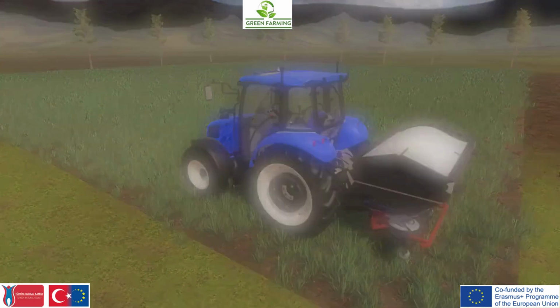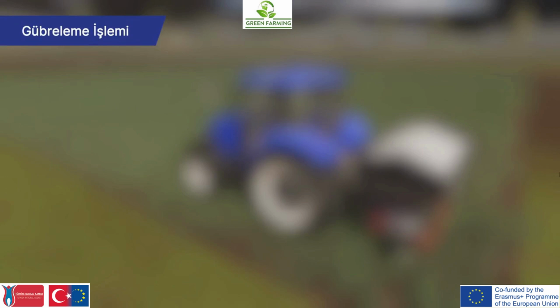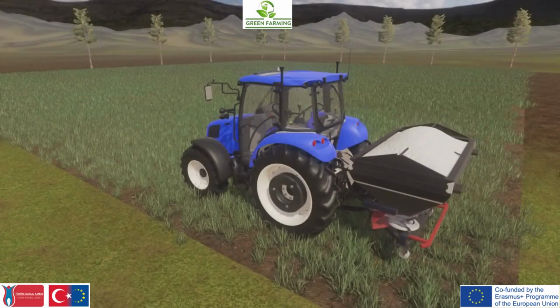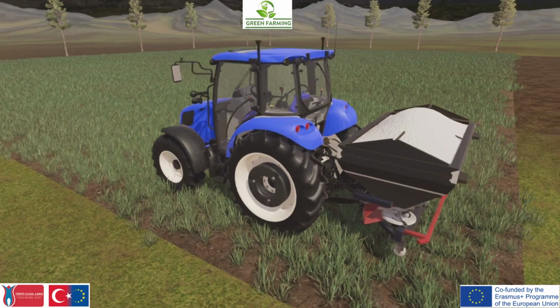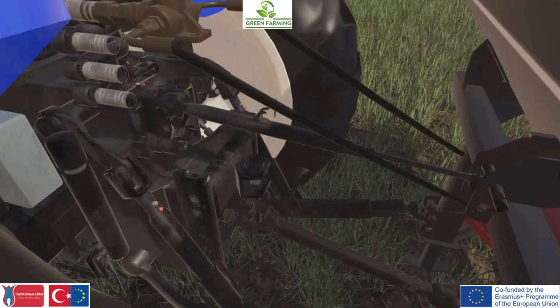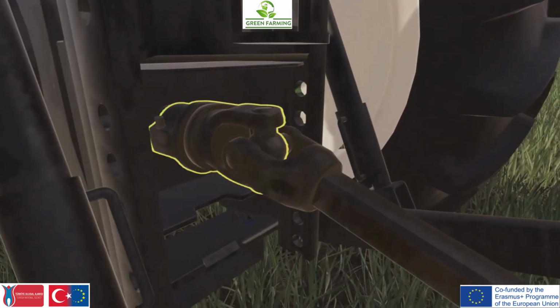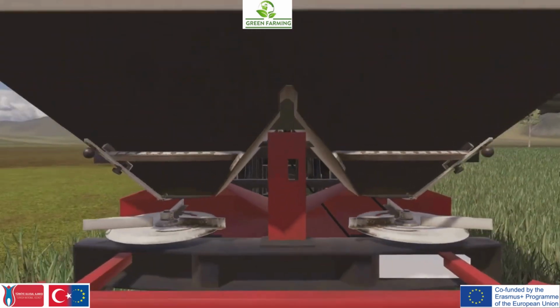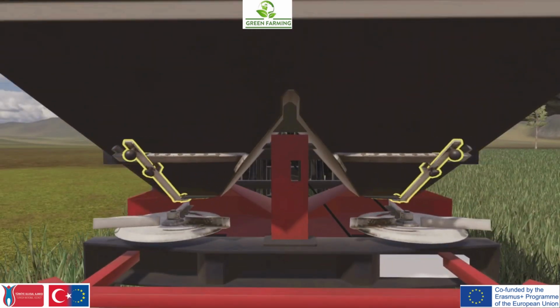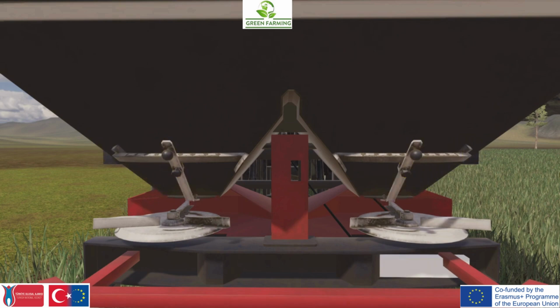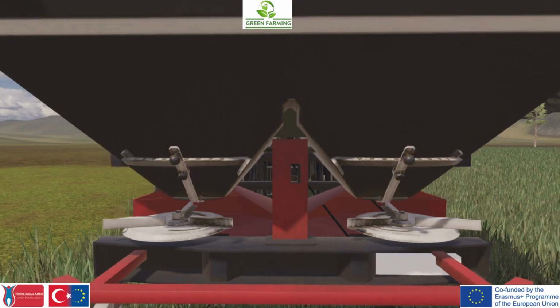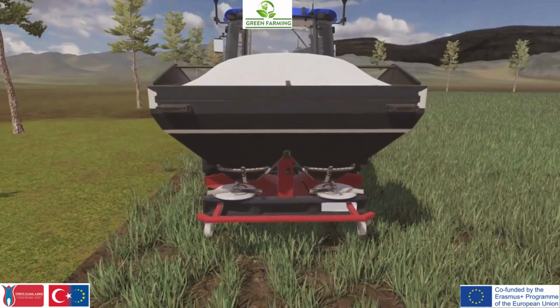Fertilization process. Position the tractor and machine at the starting point of the field with the fertilizer outlet closed. Check all connections between the tractor and machine. Ensure the universal joint shaft is securely attached. Check that the settings, such as fertilizer flow rate, disc speed, working width, and disc angle, are correct. Check the height of the discs from the ground and adjust the machine's side to side and front to back